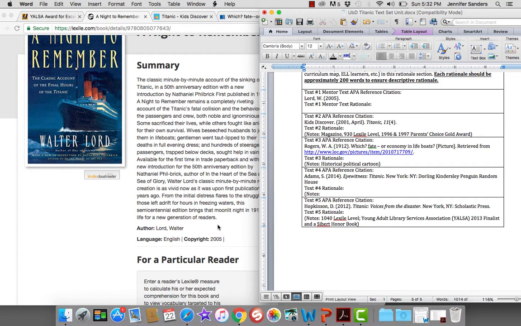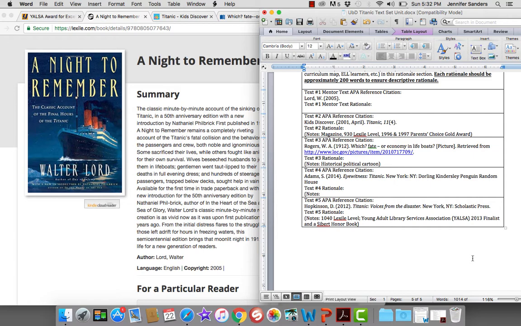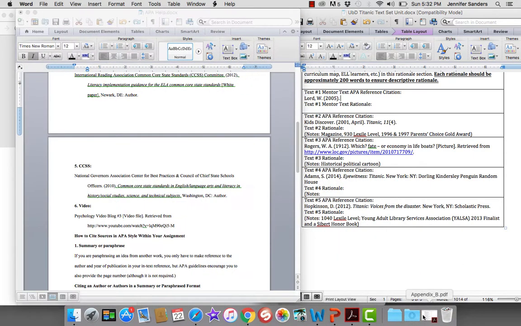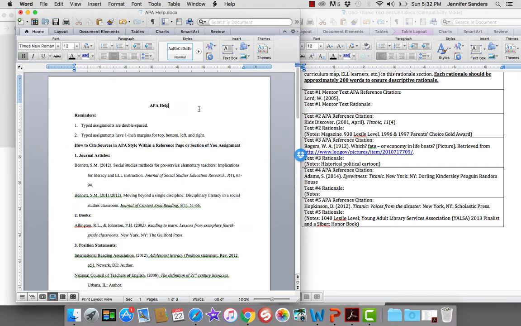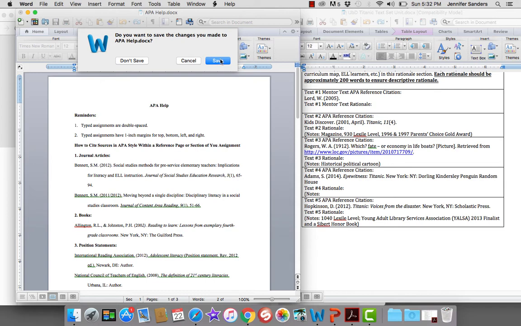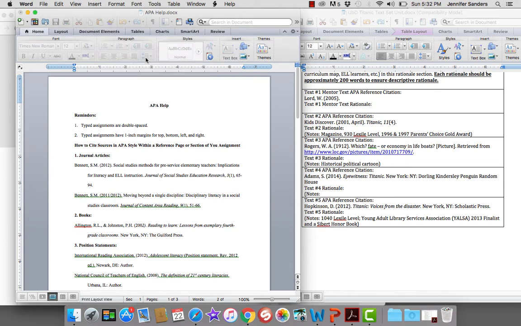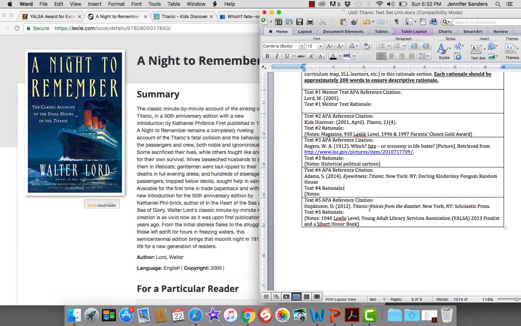And remember, you want to put it in APA citation. And I have provided for you a handy-dandy APA citation help guide there, so you have that. I want to continue placing this book in the APA citation